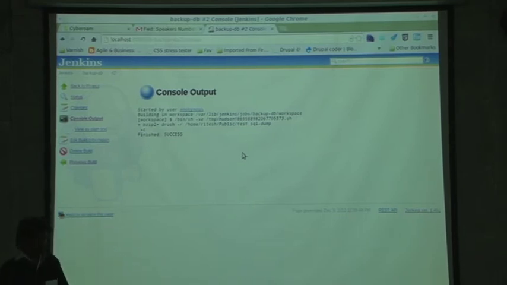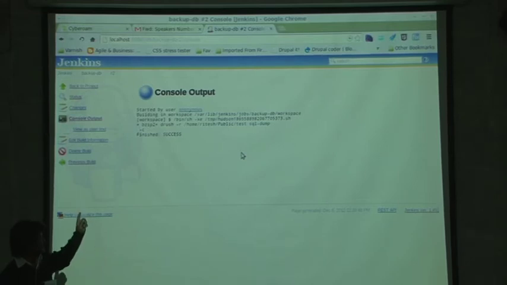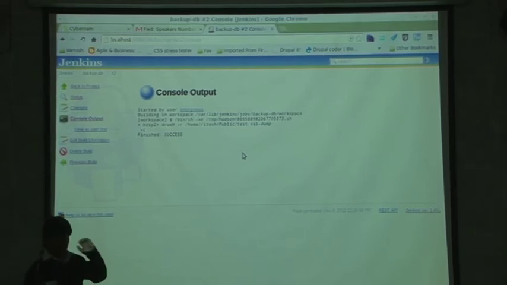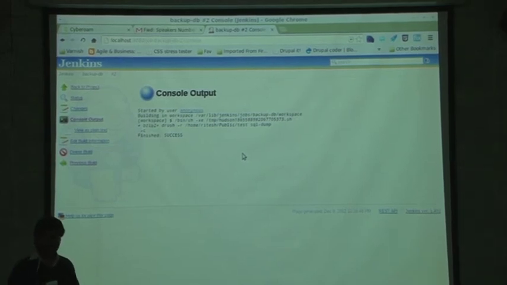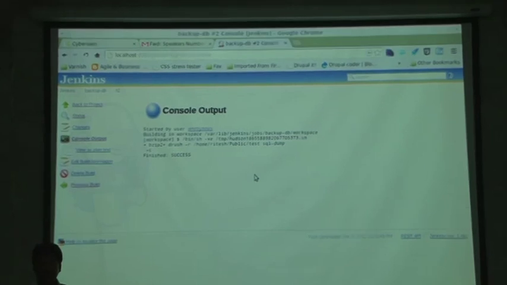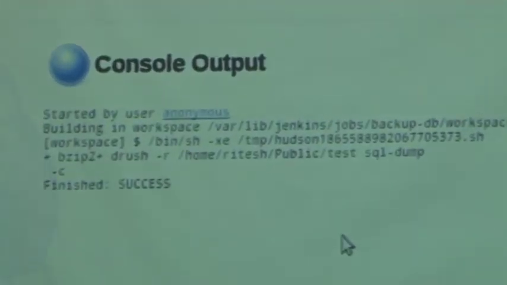Okay, as you can see now this command has executed perfectly and you can see the finish status is success, right? Now if I go into the log of this particular job, I'll be able to see which jobs have succeeded and which have failed.